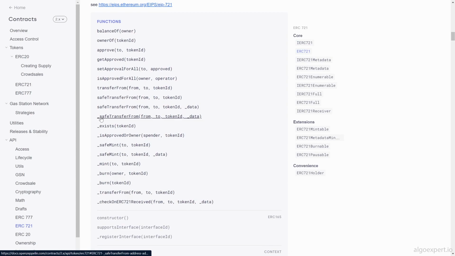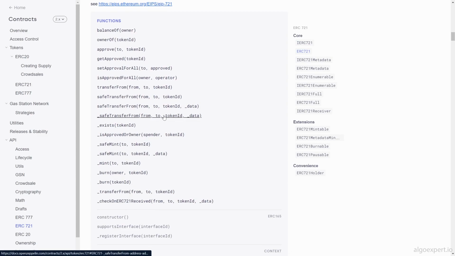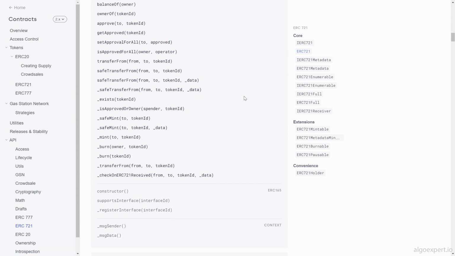All of our underscore methods are the internal methods, which we can only call directly on this contract. So we have, for example, safe mint, burn, transfer from, etc. And these are going to be pretty much the exact same as all of the methods we saw on our ERC20 token contract. Now, the difference here is that when we are minting a token, you can see we have safe mint here, right? We can actually associate specific data